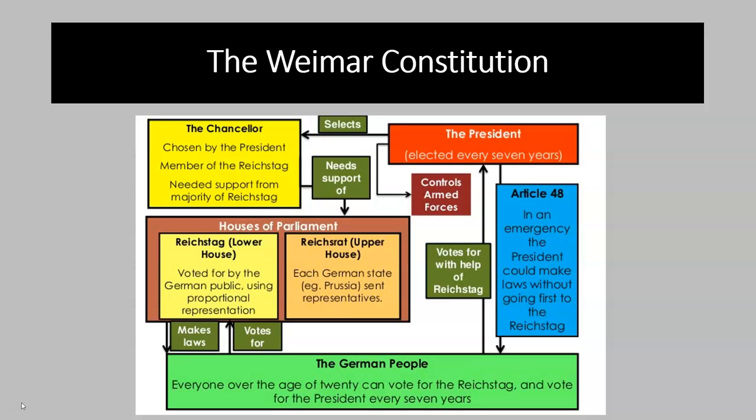The Weimar Constitution had a series of checks and balances to ensure that no one person or one group could have too much power. The president of the Weimar Republic was pretty powerful. He got to choose the chancellor, which is the German equivalent of prime minister. However, he did have to ensure that the chancellor had support from the majority of the Reichstag. In addition, the president could dismiss the Reichstag, call new elections, and even assume,